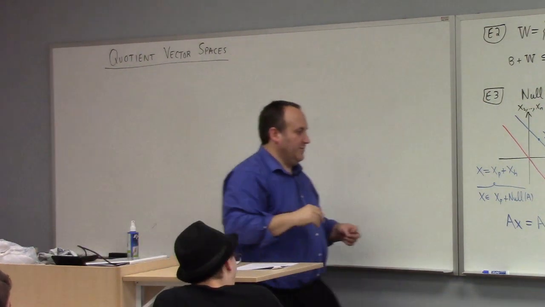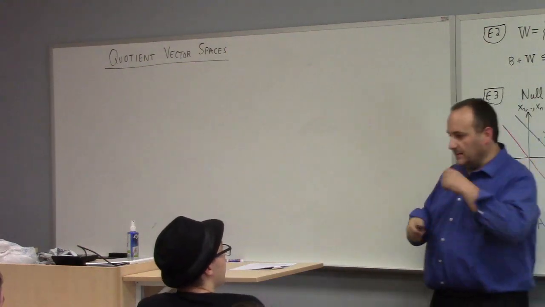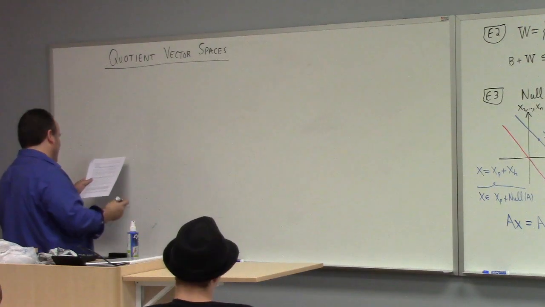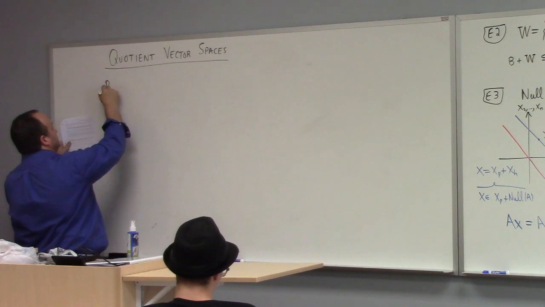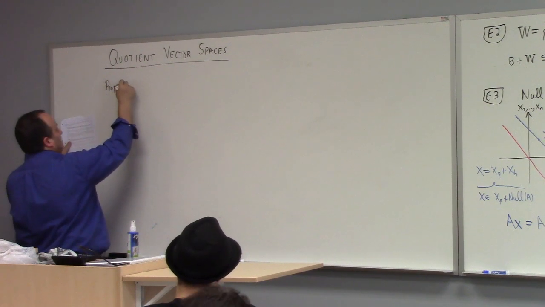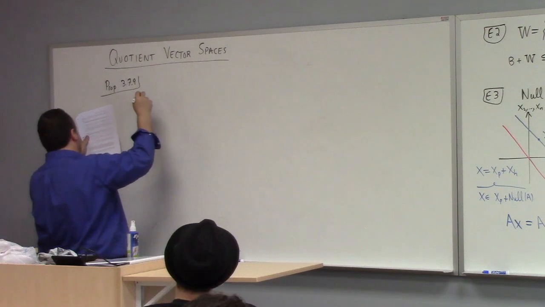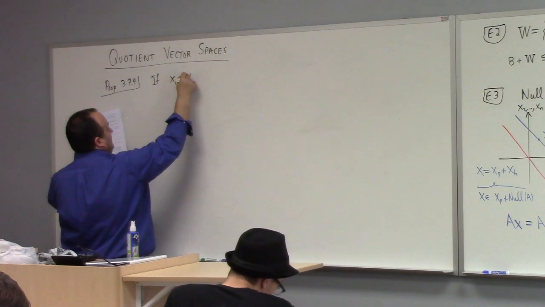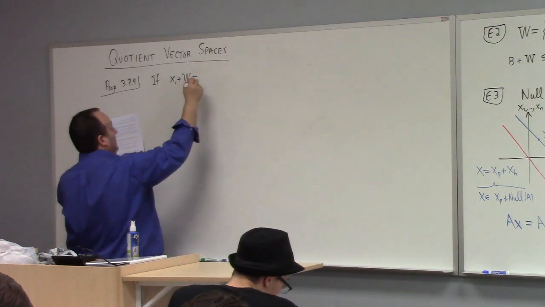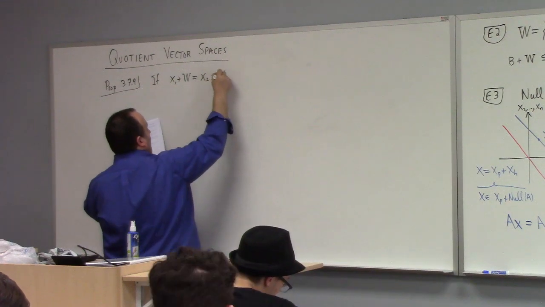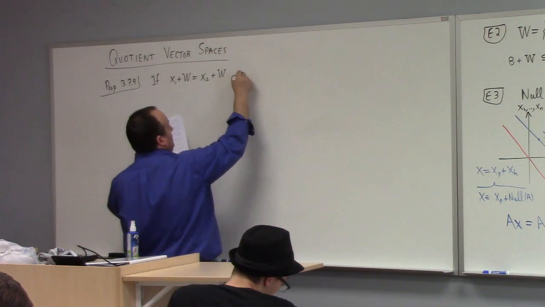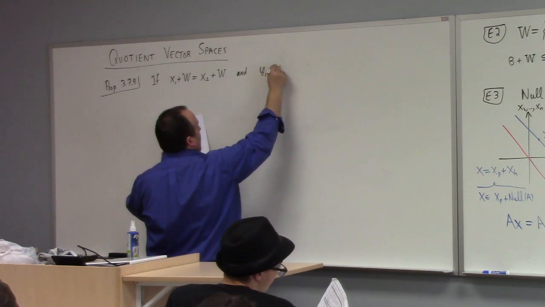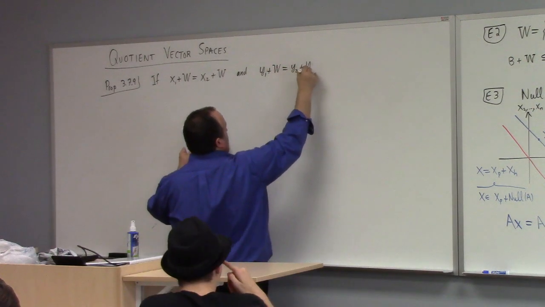So next up, we want to look at what happens when we add cosets, right? The thing I just erased was how we add sets, so now we need to use it. So here's proposition 3.7.9, which says that if you have x1 plus w equals x2 plus w, and you have y1 plus w is equal to y2 plus w,